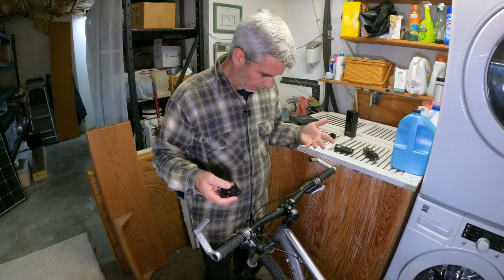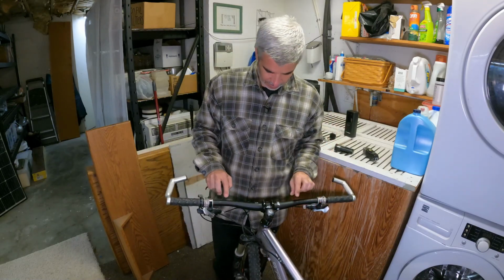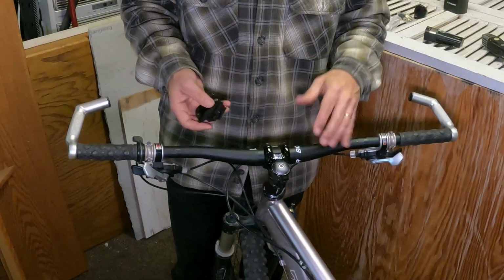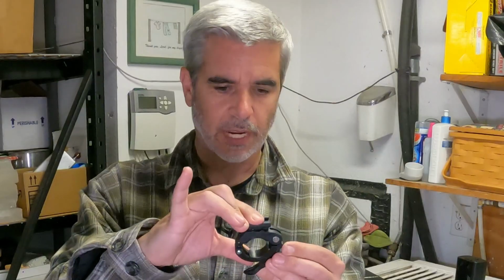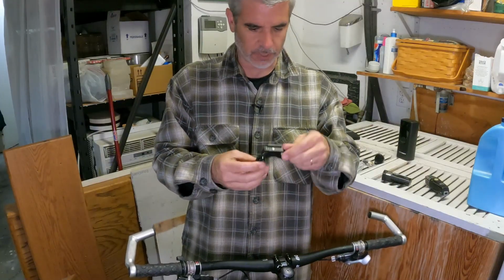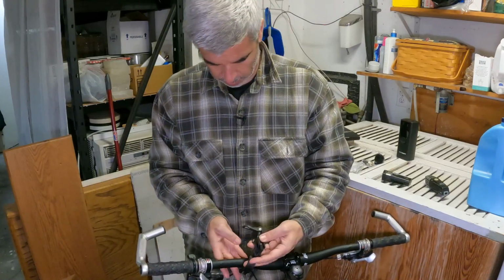Okay, out here with my bike, and one thing I'm noticing right away is I have these pretty radically curved shapes on my handlebars, so we'll see how this works. This is the bracket that will get mounted to the handlebars, and it's just kind of a simple swing-out mechanism with nice little rubber pads. So let's see if I...